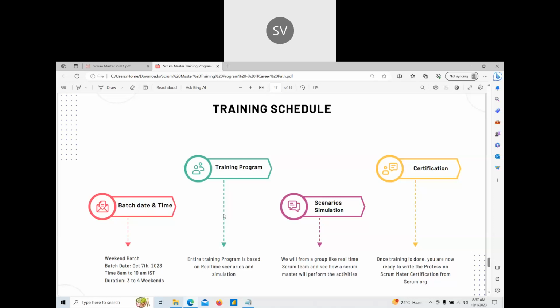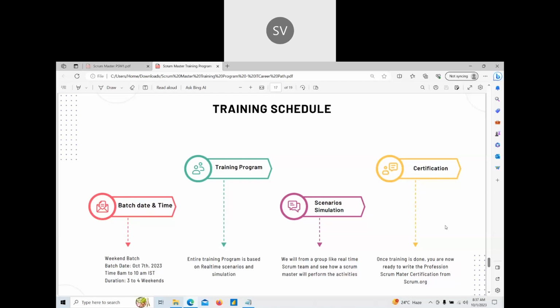We'll create a Jira board. We'll give you hands-on experience on Jira as well. We'll simulate a development activity, like I'll upload a few requirements into the Jira board, and we'll do the prioritization. We'll be doing all sorts of activities that a real-time Scrum Master does in a project. As a group we'll form some teams, like development team 1, development team 2. We'll be doing real-time activities throughout the training program. So this is about the training program, and I'll come to the course content.